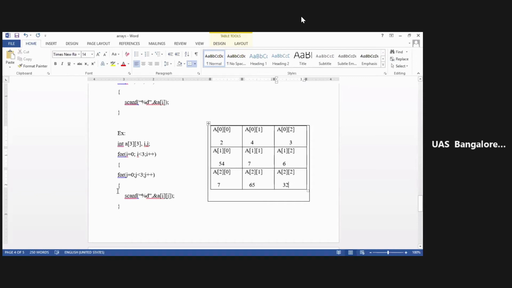For the last i entered, it will run for j equal to 0 till 2. Then again j will be incremented. So at that time what will happen? j will become 3. Is 3 lesser than 3? The condition will fail. That time it will just go back here. The i will be incremented, so i will become 3. Is 3 lesser than 3? Again it will fail and it will stop taking the input. So this is how it is going to work.